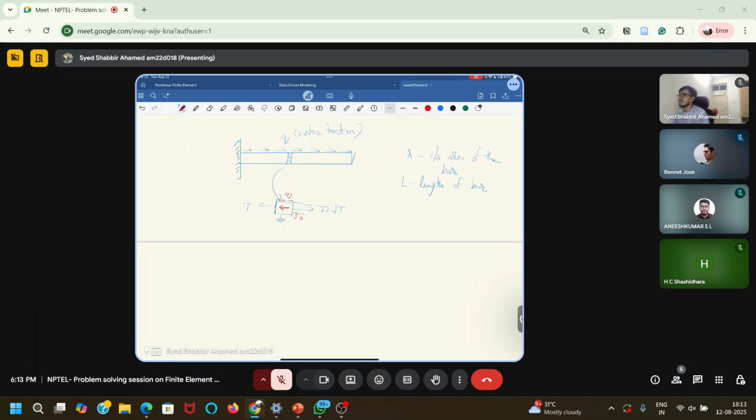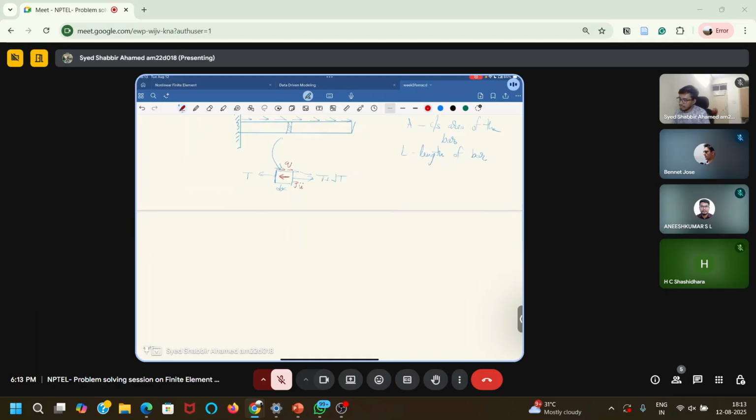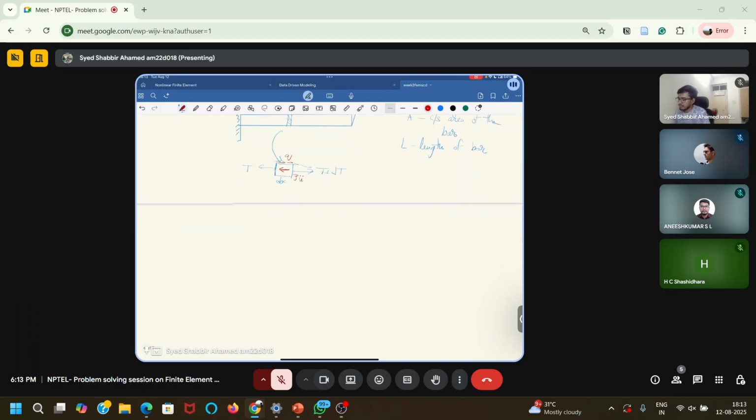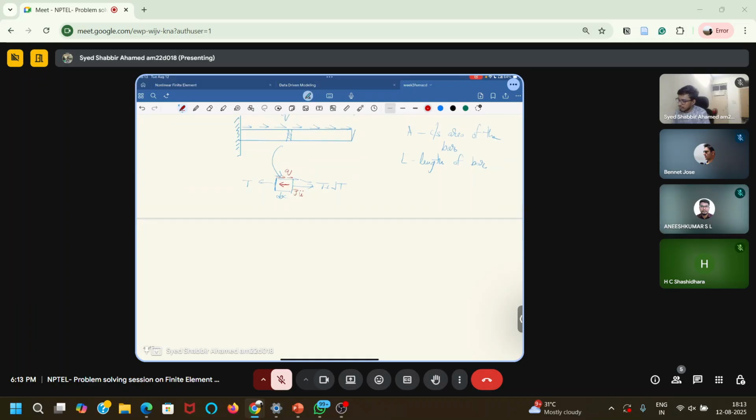So if we take the equilibrium of this and integrate it over the whole length of the bar. Finally, I'm not doing it. If you want, you can go to the notes, FEM1 file, which was uploaded in the class. So we finally get